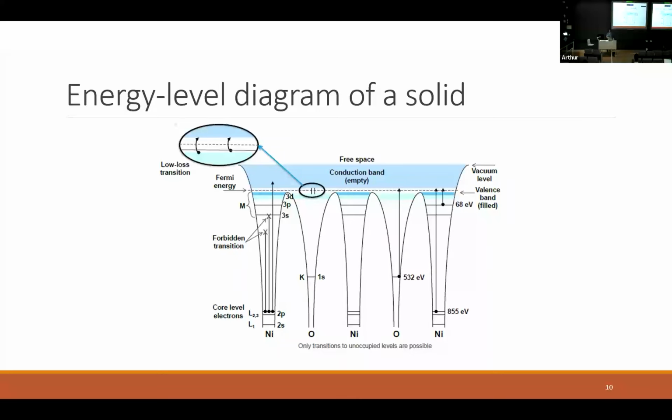So we can look at an energy level diagram like we have here. This is for just two elements, nickel and oxygen. We have our different shells that we talked about before: 2s, 2p, 1s, 3s, 3p, etc. And there are allowed transitions between these different levels. So we can have electrons coming up to the conduction band. We can have electrons which are just below the Fermi level, in the valence band, also coming up into the conduction band. So there's a series of different transitions, and they all have different energy, because energy is plotted on the y-axis here.